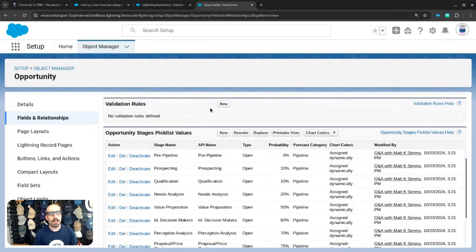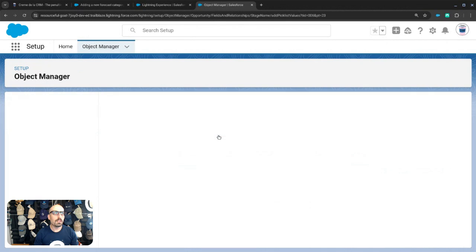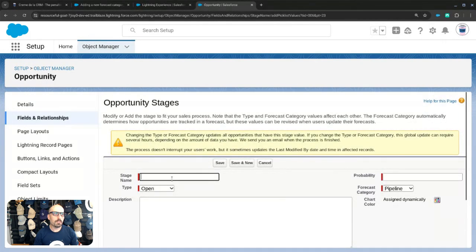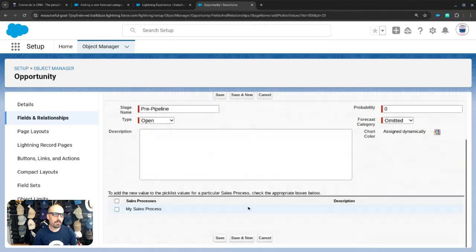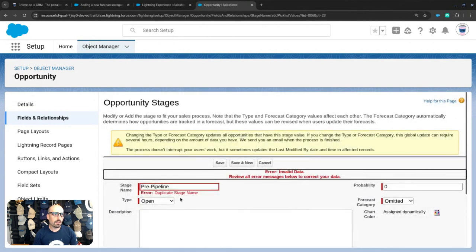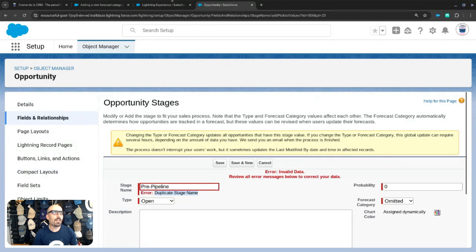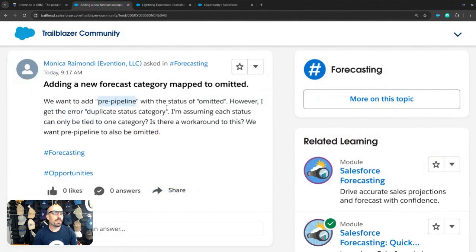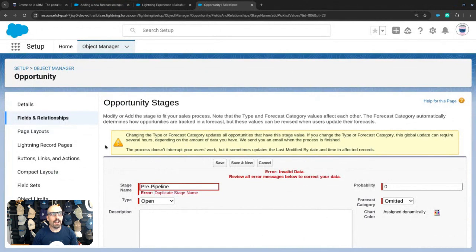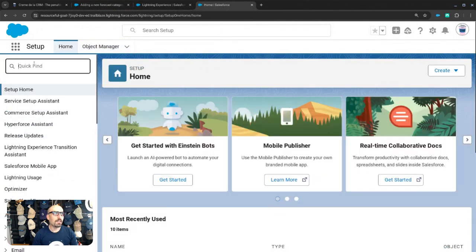Now, I think what's happening is Monica's coming in here and trying to create a new opportunity stage picklist, pre-pipeline, 0, forecast category omitted. See, I get duplicate stage name. She got something that says duplicate status category. I wonder if maybe